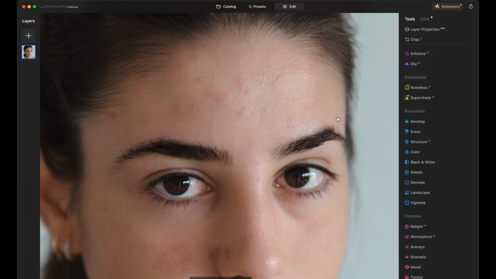So just from adding the preset and then going into the erase tool, these are the results we've managed to achieve. We have gone from this with a couple of blemishes and uneven skin to removing the blemishes and quite even skin. So you can go back into the erase tool and try get rid of all of these other little blemishes,